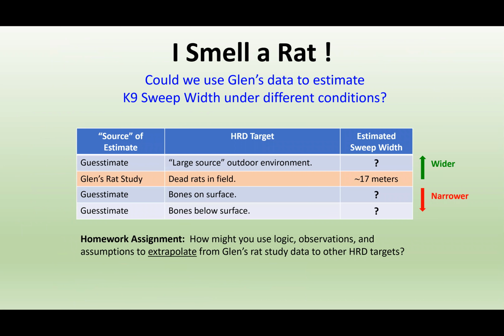So I now want to propose a homework assignment, a thought experiment to take home with you. And the general question is, can we use logic and observations and assumptions or even additional data to extrapolate from the results from Glenn's study to estimate some relative sweep width values for different HRD targets? For example, and this might be a little bit fanciful, if we were looking for not a small dead rat, but actually a large source outdoors, a whole body perhaps, would it be reasonable to multiply Glenn's 17 meters by some sort of ratio of rat to human body weight